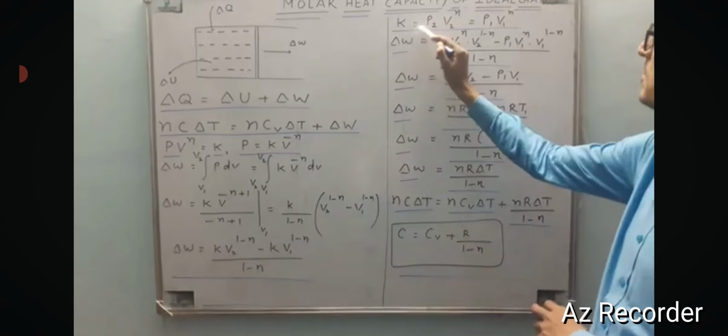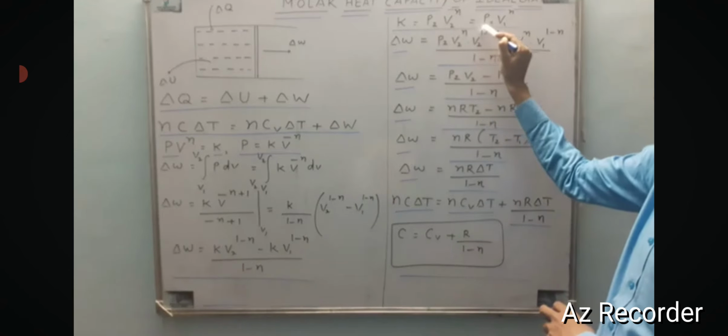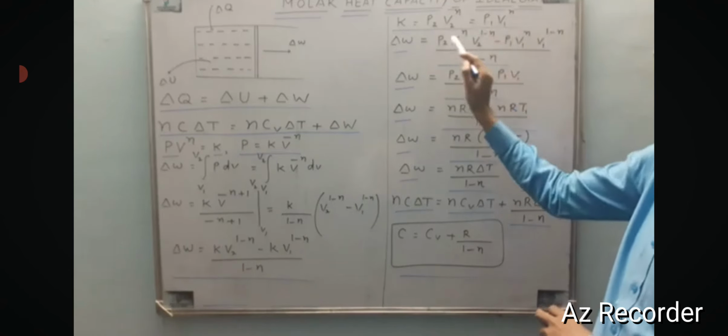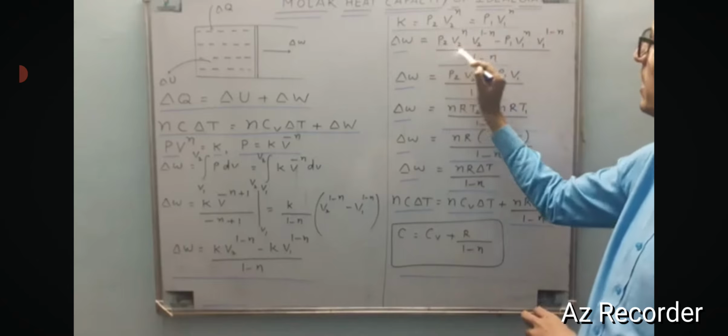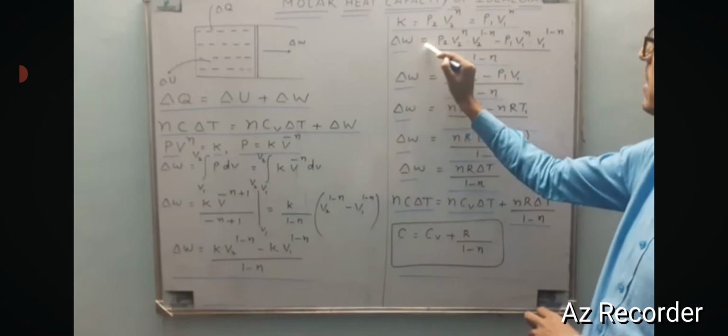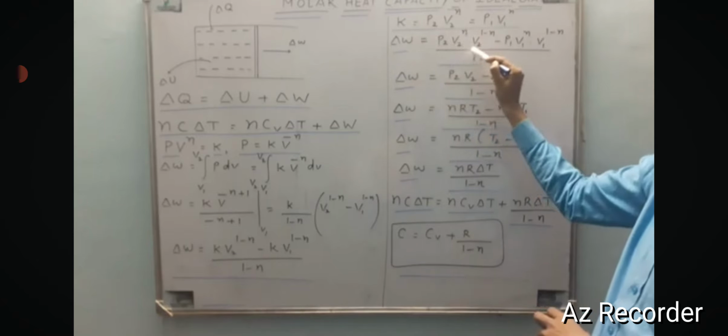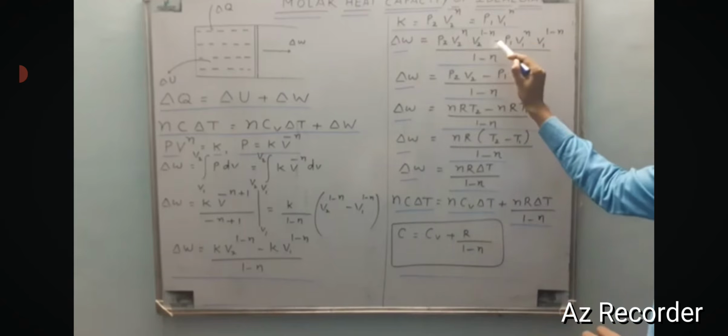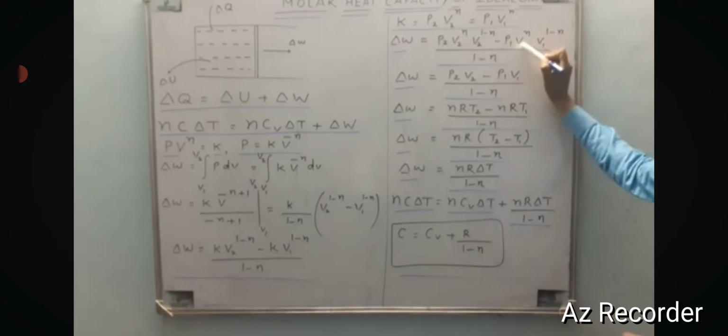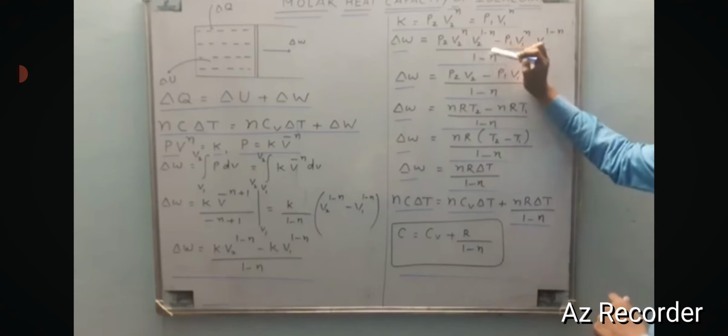Now K is equal to P2 V2 raised to power n is equal to P1 V1 raised to power n. So if we substitute the value of K, then we have delta W is equal to P2 V2 raised to power n times V2 raised to power 1 minus n, minus P1 V1 raised to power n multiplied by V1 raised to power 1 minus n, divided by 1 minus n. So here we take the base common and these n will cancel out and we will have